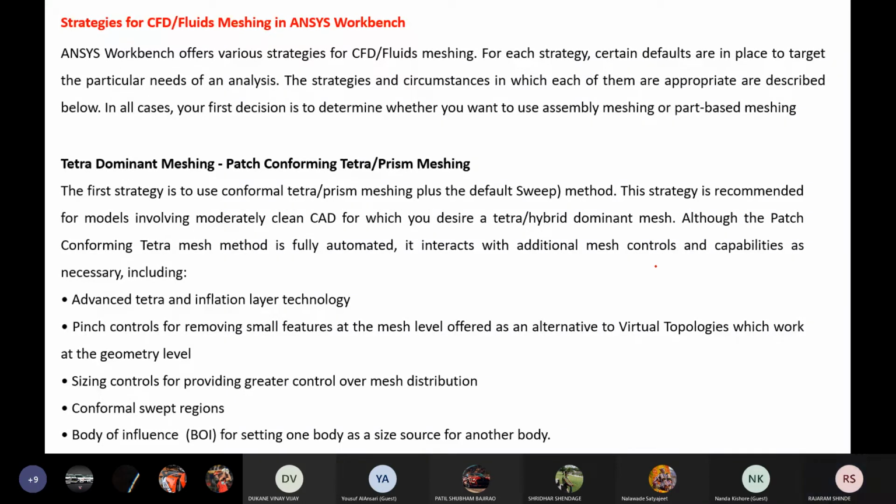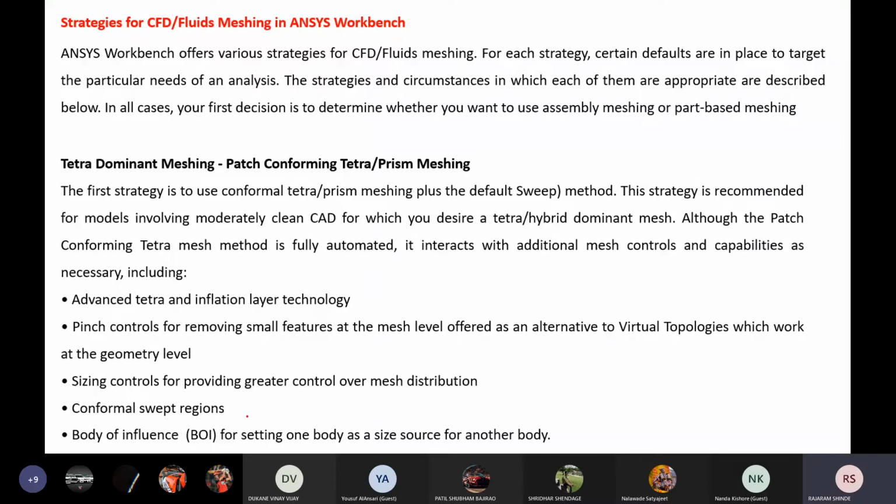Okay. Now it includes advanced tetra and inflation layer technology, pinch control for removing small features at the mesh level, offered as an alternative to virtual topology, which works at geometry level, sizing controls for providing greater control over the mesh distribution.